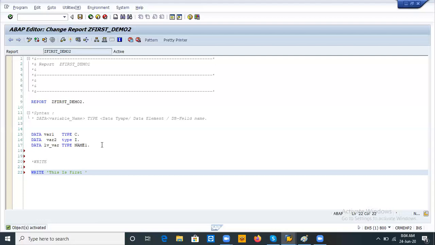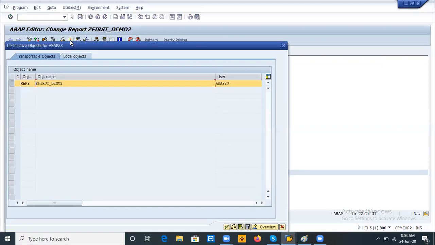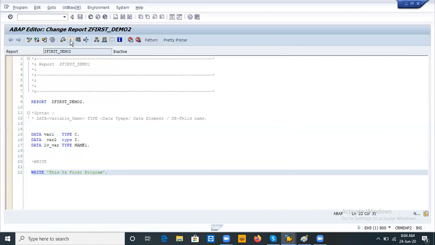Whatever you are writing, those things should be in inverted commas and concluded with a full stop, dot. Okay, see again, for each and every operation you have to save, check syntax, and activate it, and continue. Done.